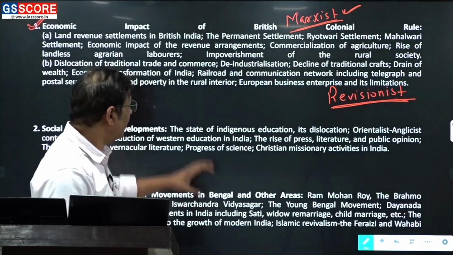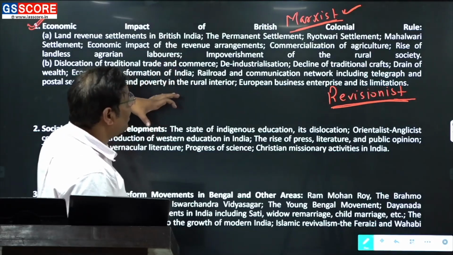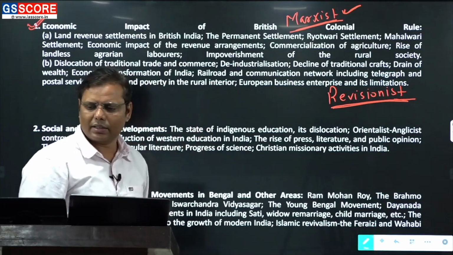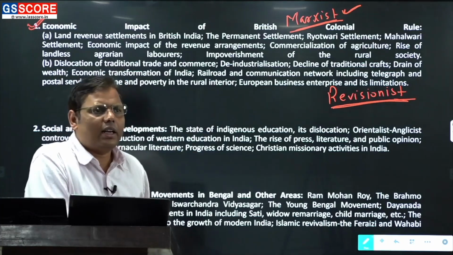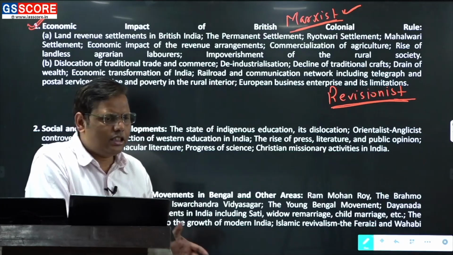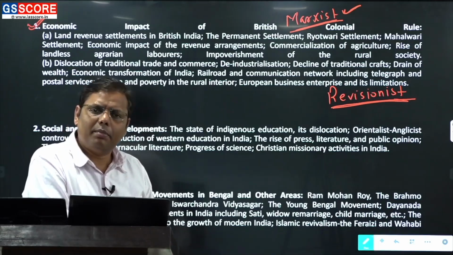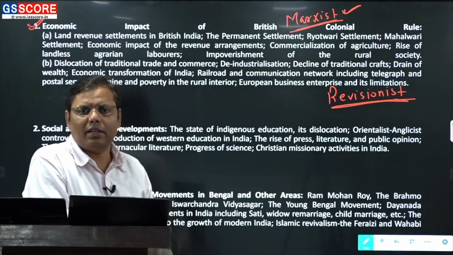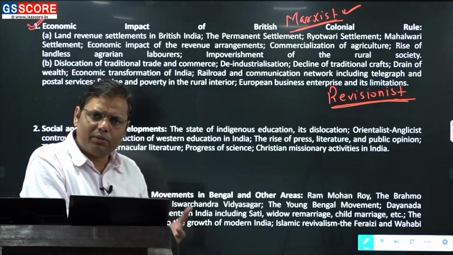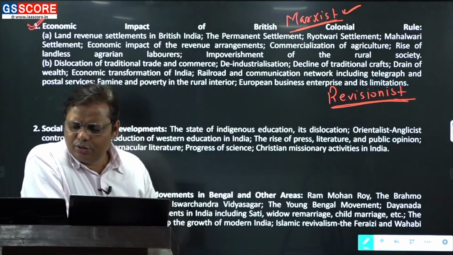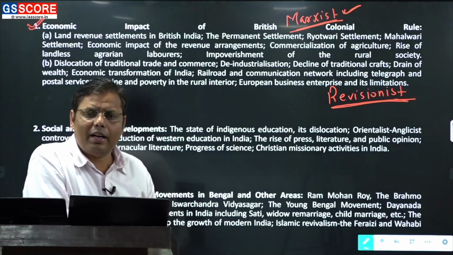And this is the reason why you should study more about those revisionist scholars. Now, what sort of scholars fall in the category of revisionist scholars? In the revisionist category, you can talk about Amiya Bagchi, Spivak is there, Shahid Amin is there. These are a couple of scholars. They have given a fresh interpretation to everything, and that's why you should study these things with this perspective. But I should say one more thing when it comes to the economic history of modern India.